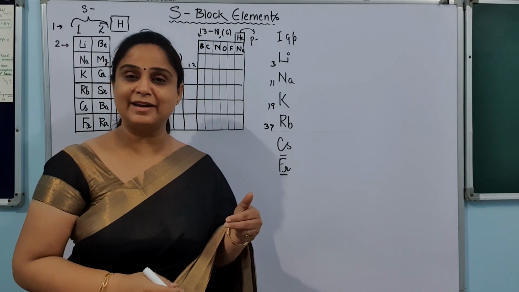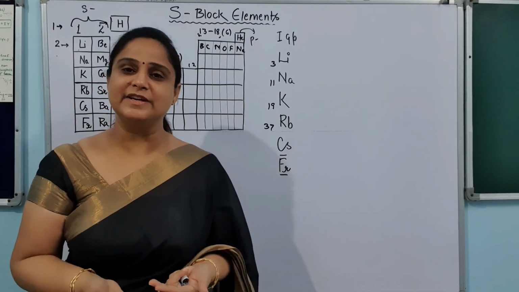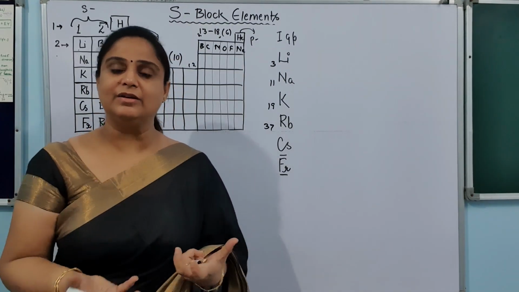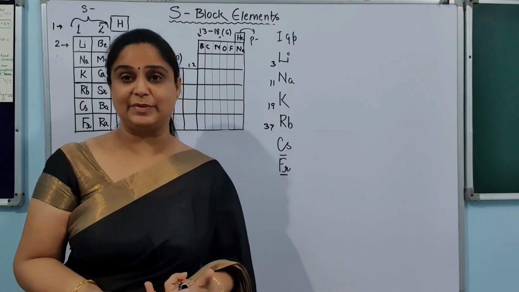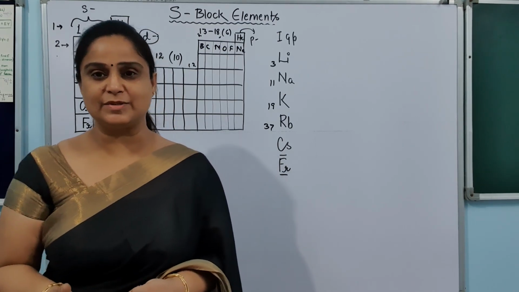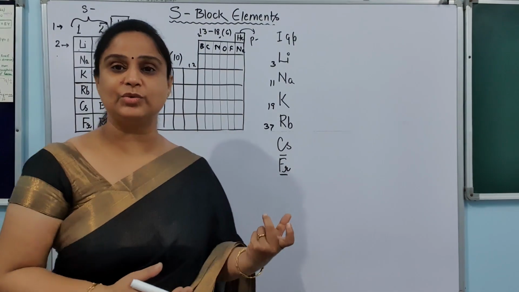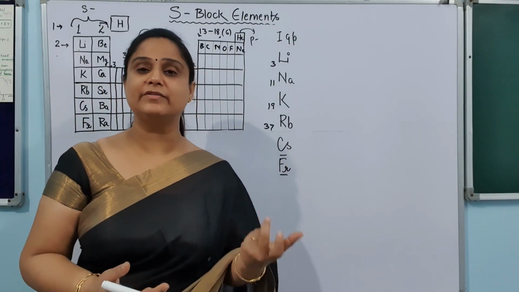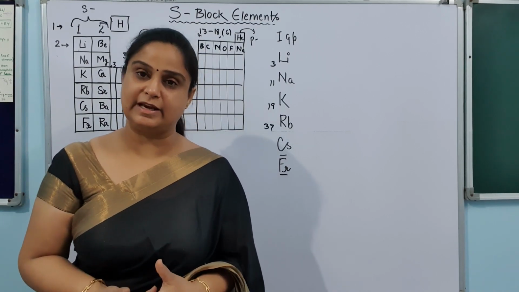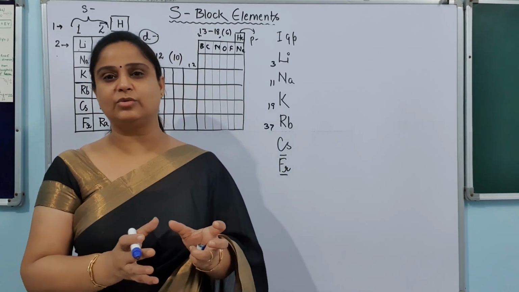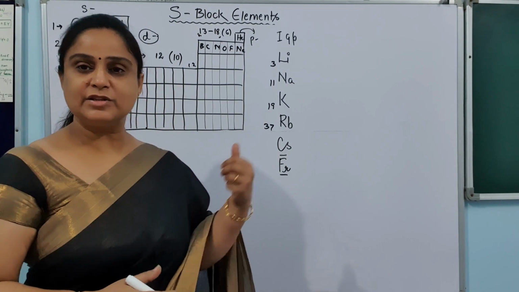Because these are the higher elements, we used to forget them, and it is very normal that we cannot learn all the elements with their atomic numbers. So practically it is not possible for all the students. So there is a hint for you so that you can find out the atomic number of all the elements, and you don't need to go for a learning pattern. Just look at the table.